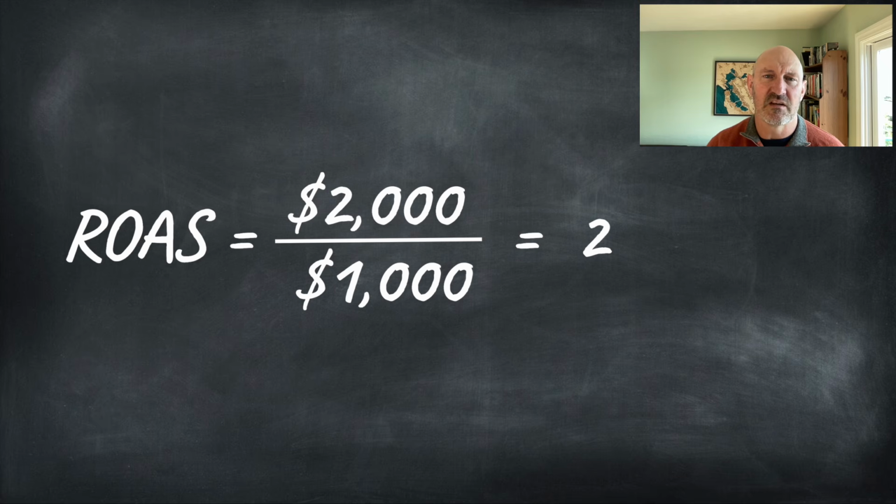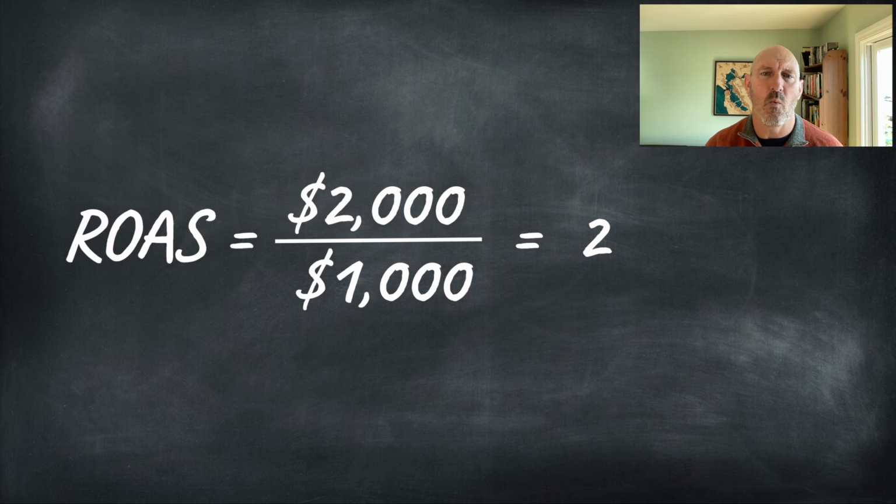This would often be considered a low ROAS. Different industries have different rules of thumb, but in many industries, a ROAS of 4 is viewed as a watermark that needs to be achieved, and in others, you might need to achieve as high as a ROAS of 10.